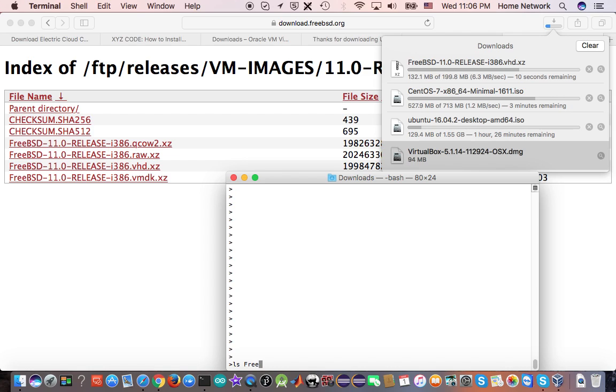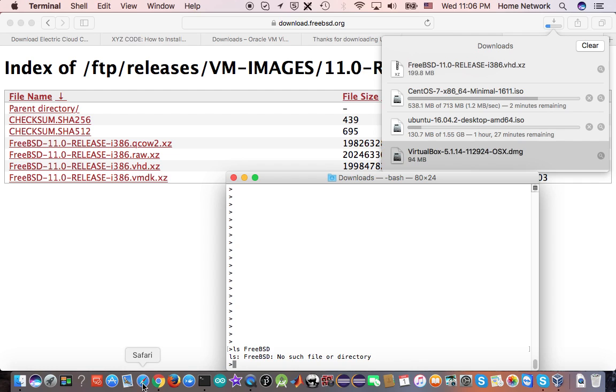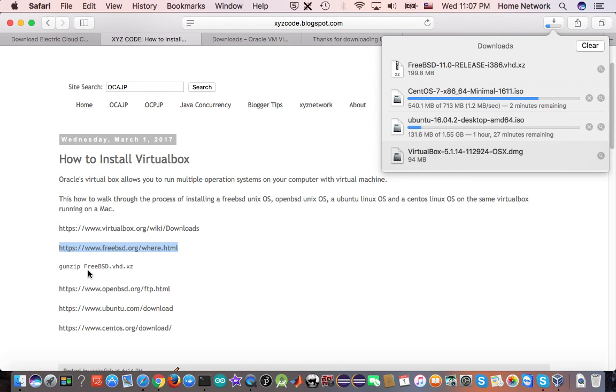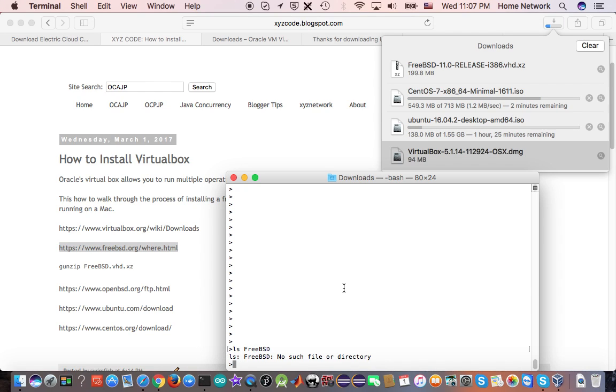Let's see, FreeBSD. Also need to mention this is an XZ file, so I have to use unxz to uncompress it. FreeBSD. Okay. And the VHD is